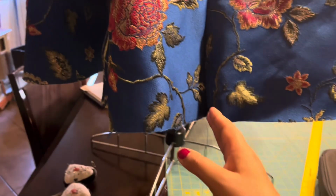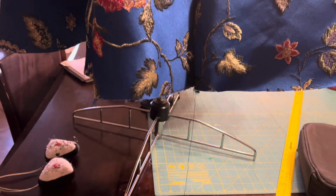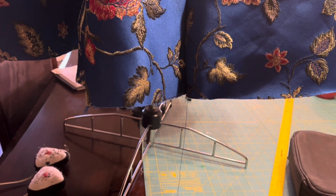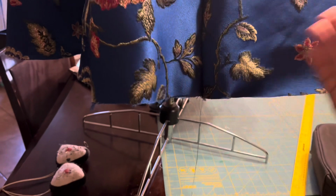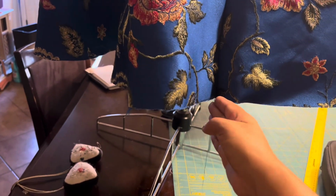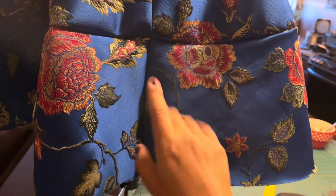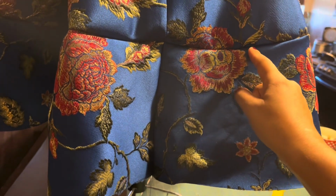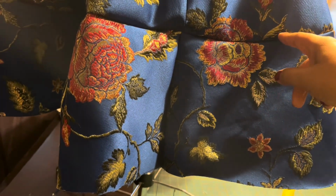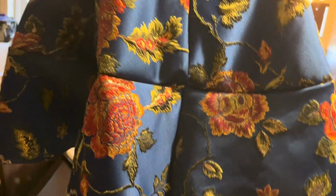Let me come back over here to the side seam, because this is where the split I was talking about in the last video. I was going to modify the last panel pattern, but since I'm not going to add the fifth layer, I'm thinking maybe when I attach the last tier here and here, obviously I'm not going to join it here because there's that break, and then it has the little end tails hanging. Think of this as the fourth tier. If I just undid this seam and this whole section hung out, let's say from here to here, these seams aren't joined, so they just dangle. I think I'm gonna do it that way,